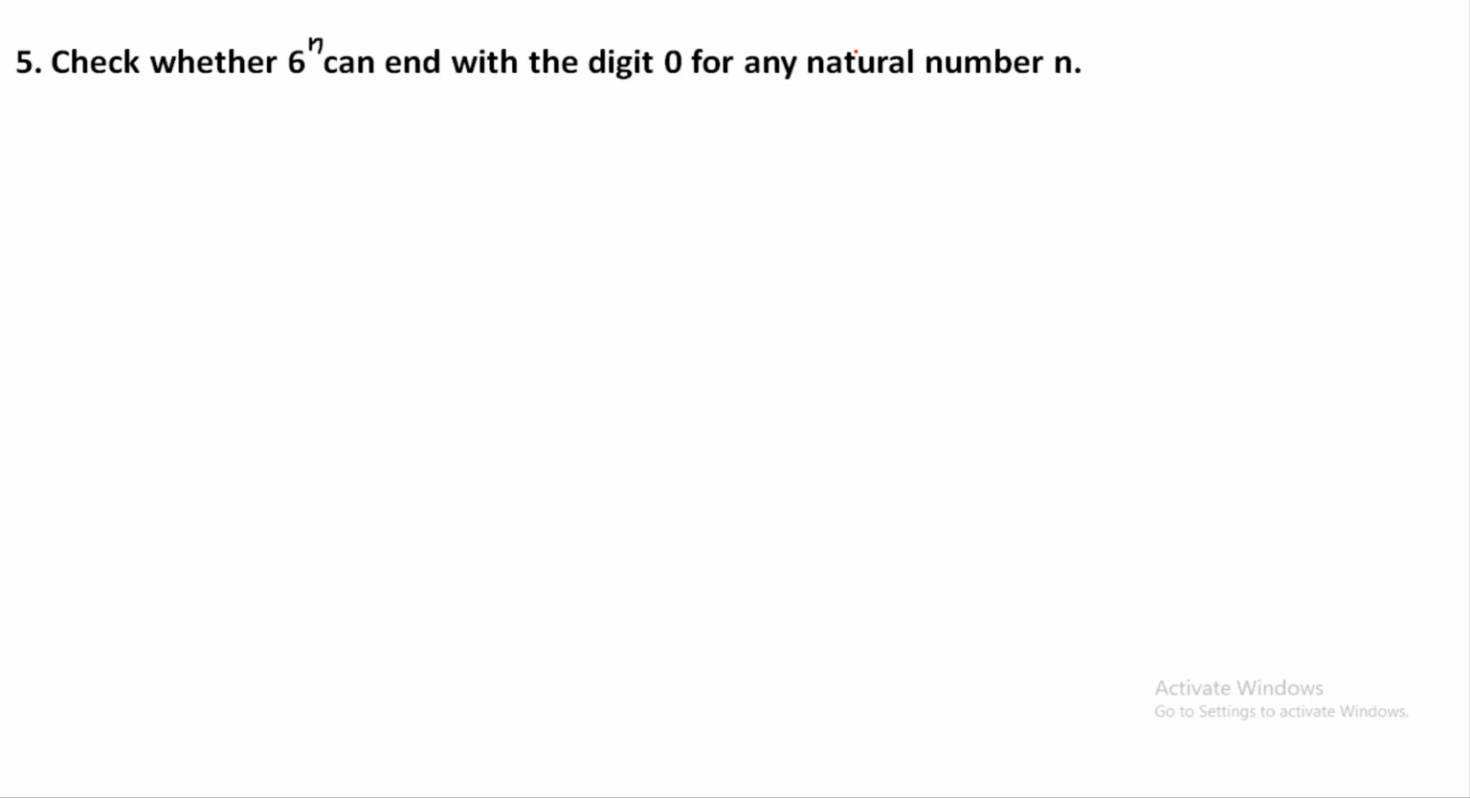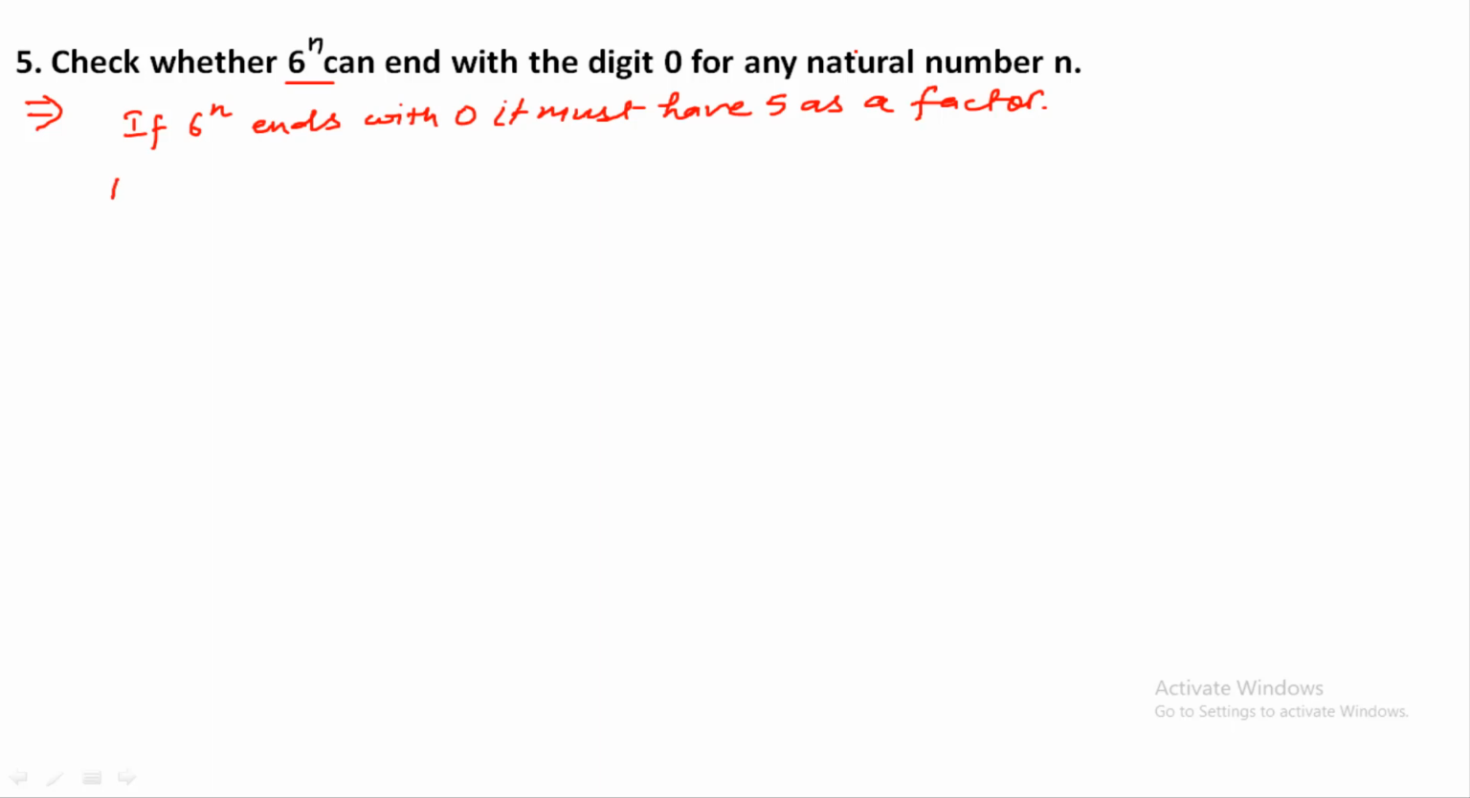Now next question is that check whether 6 raised to n can end with the digit 0 for any natural number n. अगर 6 की पावर क्या है, n है, तो क्या वो 0 के साथ एंड हो सकता है? 6 raised to n, तो if 6 raised to n ends with 0, then it must have 5 as a factor. उसका फैक्टर क्या होना चाहिए भाई? 5 होना चाहिए। ओके, सो बट अगर हम यहाँ पर देखें 6 raised to n है, सो वी कैन राइट हियर 2 into 3 is raised to n।